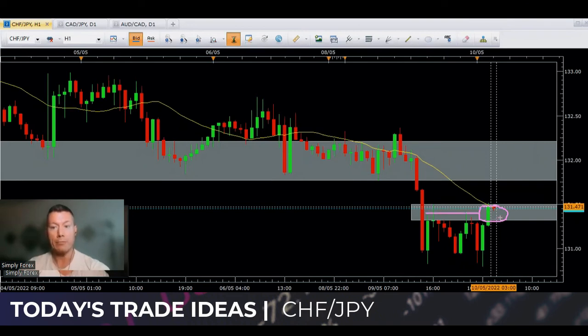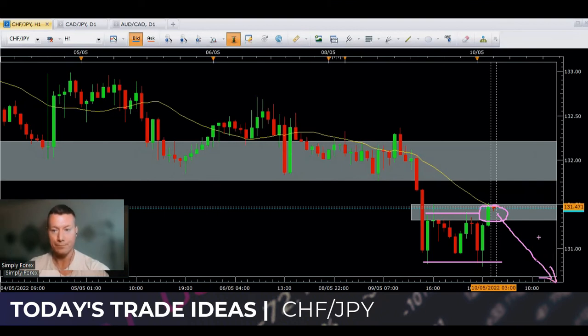So we want to see a bearish candlestick pattern form here. If it does, that's our trigger to enter the trade. We'll take price back down to these last lows if we get a risk to reward of at least 1:1. We'll close 80% of the trade and then leave 20% to run down to our higher time